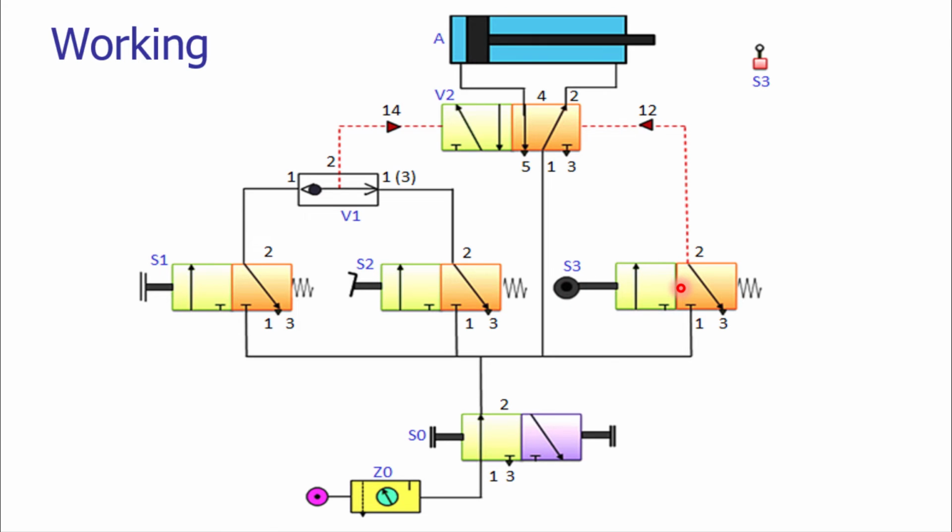And this roller lever valve is actuating the retraction movement by using the pilot pressure given to the DCV. The DCV is operated by the pilot pressure which is supplied by the shuttle valve for the forward stroke, and for the return stroke it is working based upon the pilot pressure given by the roller operated valve. Now let us start looking at the working of this pneumatic circuit.